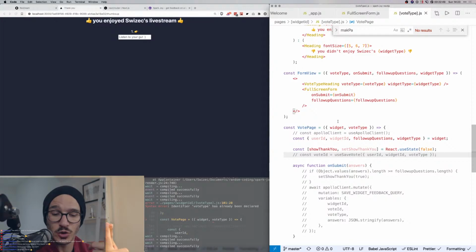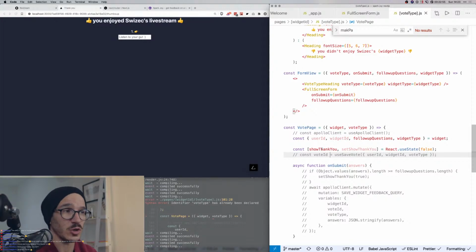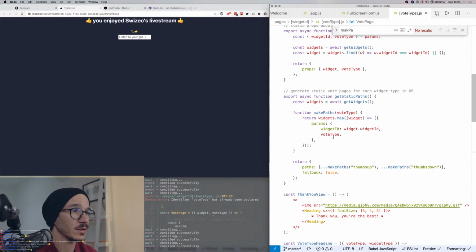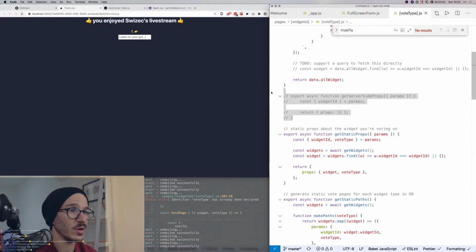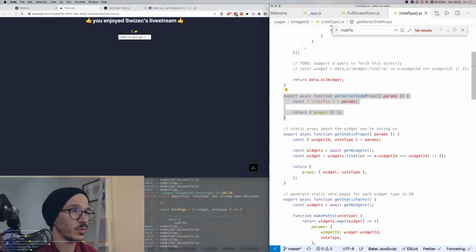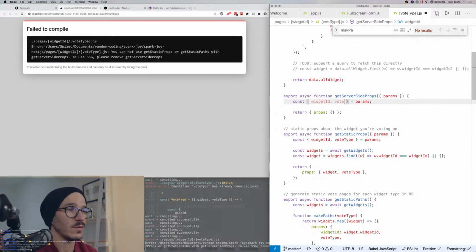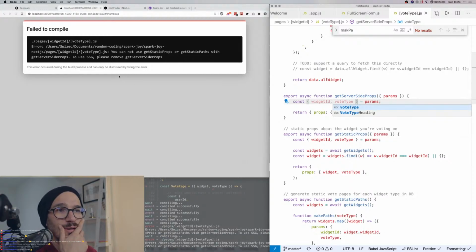So that should mean that you are able to hook into the actual page load. So we're going to try that. Let's see what happens. First, we're going to try if both of them even run. So we get params, widget ID and vote type, and